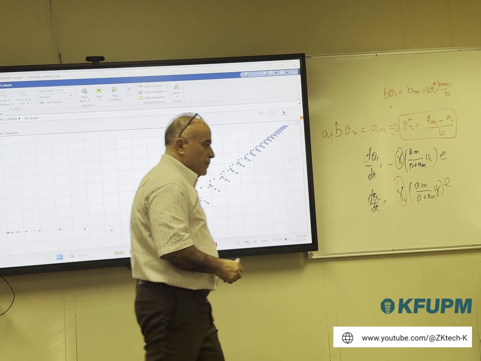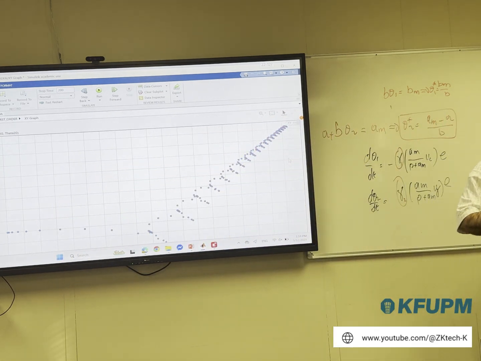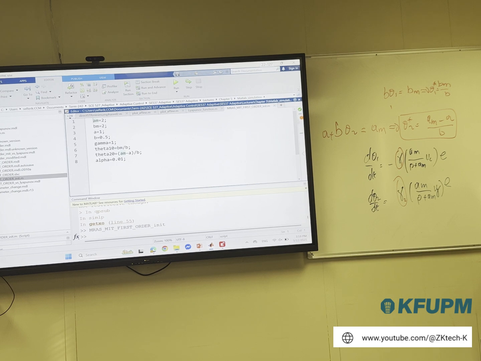Make sense? Now if we take this and we increase gamma, what will happen? We learn faster. Normally, I'm using gamma equal to 1, and gamma controls the rate of learning. So if I use a larger gamma, I'm trying to reach a faster adaptation, which means that I may risk having less robustness. So there is always a compromise between adaptation and robustness. So if I take, for example, 5 here,